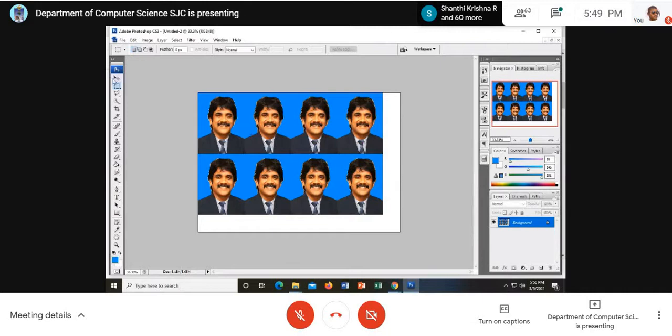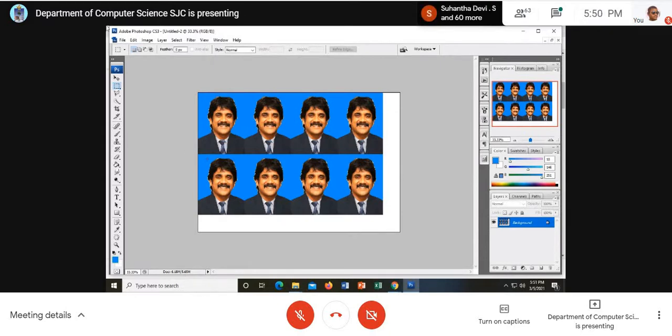Don't expand it fully. This is the actual original size. When you are asked, you can cut this and cut this and give it. This is the exact passport size you will have. So for 6 into 8, you will get 8 photos for just 7 rupees. Have you understood?